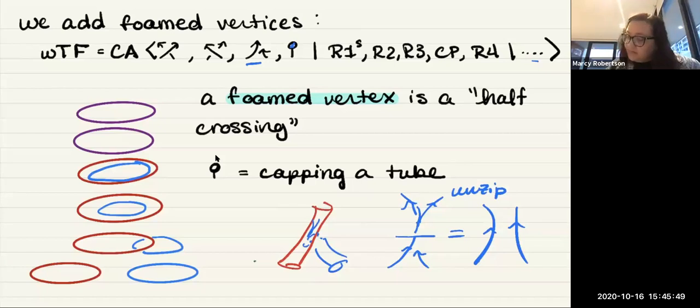Okay, so now I'm going to give you a really simple proof of a theorem. These circuit algebras are in one-to-one correspondence. There's an equivalence of categories between this and linear wheeled props. And here's the proof. Here I've taken just one of these wiring diagrams, and one is in purple,